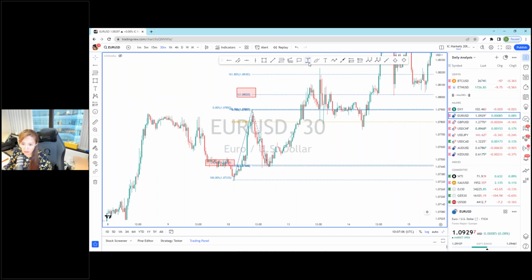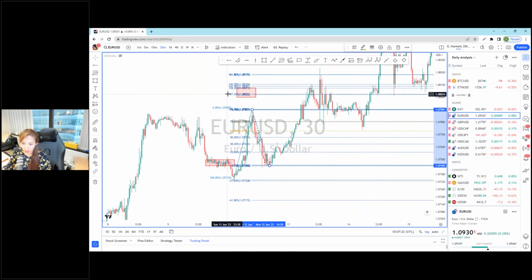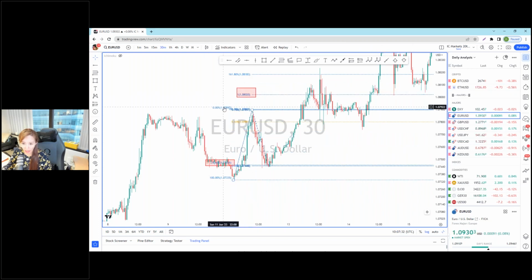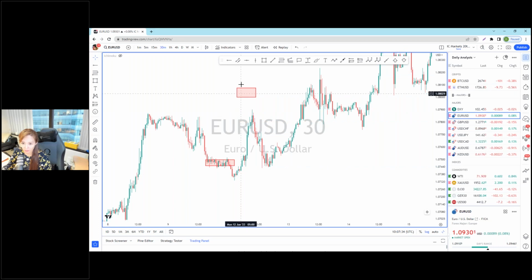Either you can use Fibonacci expansion to get your TP here, or you can draw extension, and then you can see this confluence zone. I think you guys might find it really messy. I mean, I drew really messy. Let me start again. Okay, I want to find confluence now. I draw from here first.